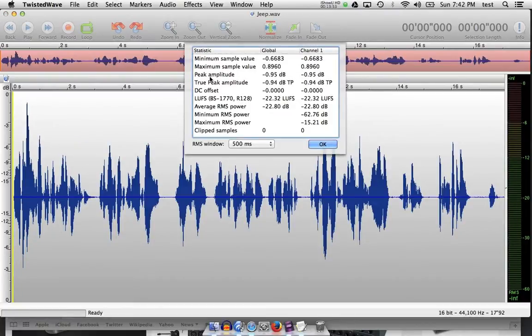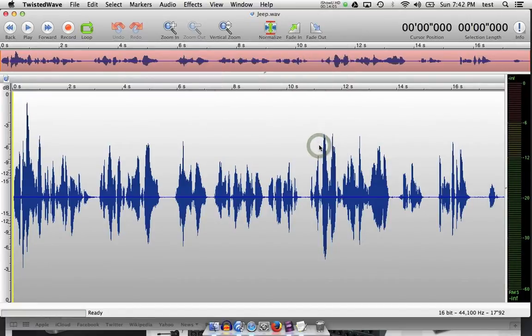And if we look at this, we'll see that the peak amplitude is at negative 0.95, which sort of corresponds to this negative 1 tick here, just a little above. And our average RMS power is negative 22.80. That's cool. When we peak normalize a file, we'll get into RMS in just a second,